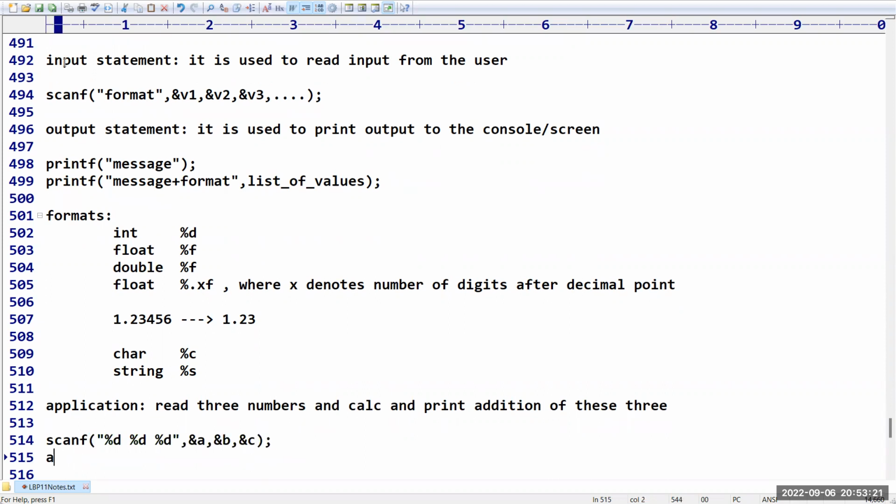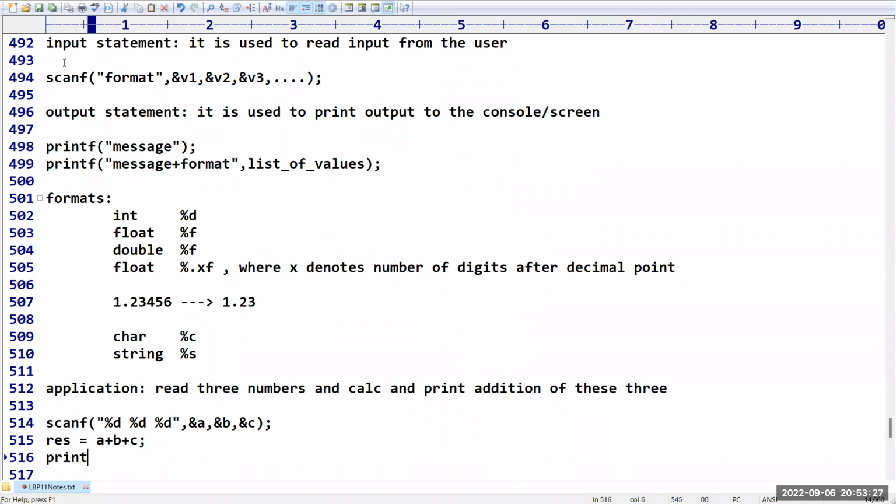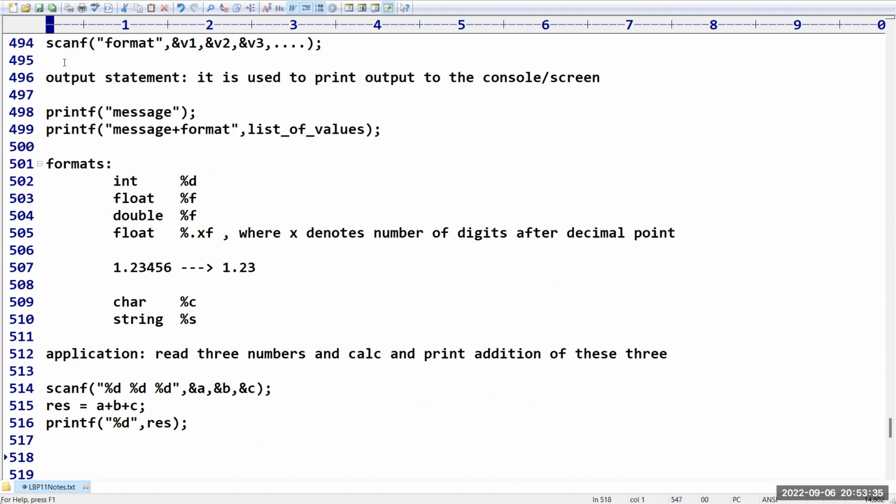Now the result is equal to a plus b plus c. To print the result, printf with percentage d comma result. That's all. Here we are focusing mainly on percentage d, because the problem statement clearly says we are going to work with integer type of data.